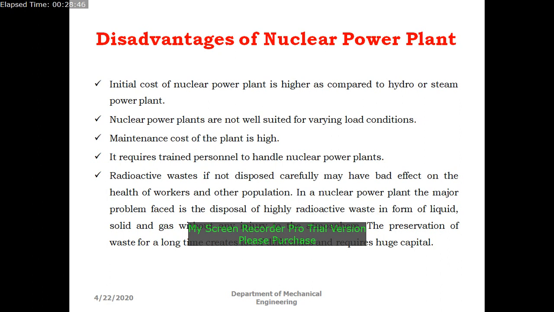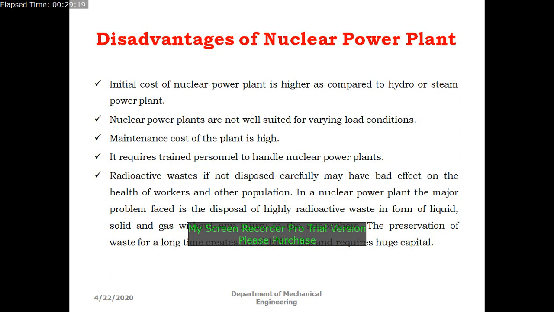If there is a burnout of the fuel, we have to wait for 2 to 3 months in certain kinds of nuclear reactors. We have seen that case also. So we have to be very careful. And one more thing is the operating personnel should have minimum knowledge about the operation of the reactor, as well as the radiation which is coming out and how to control the chain reaction. So definitely they should be properly trained before assigning the work in the nuclear power plant.